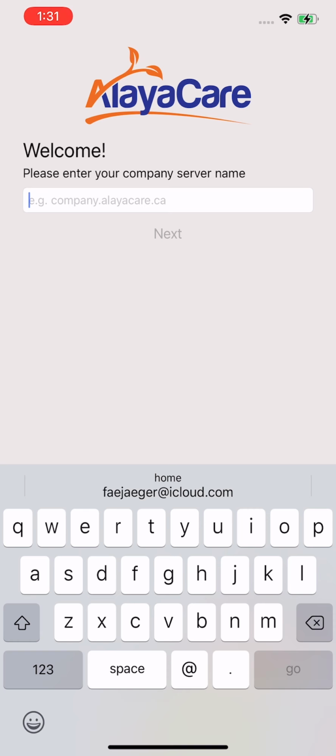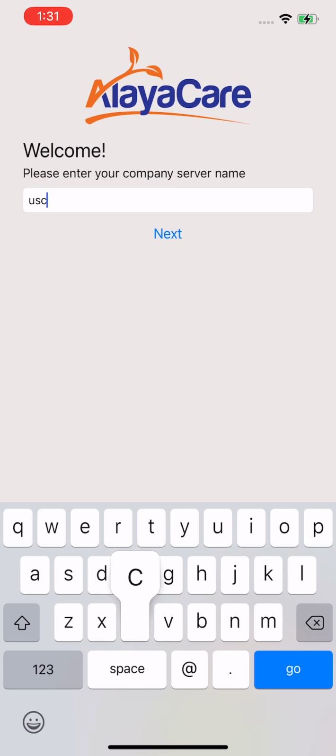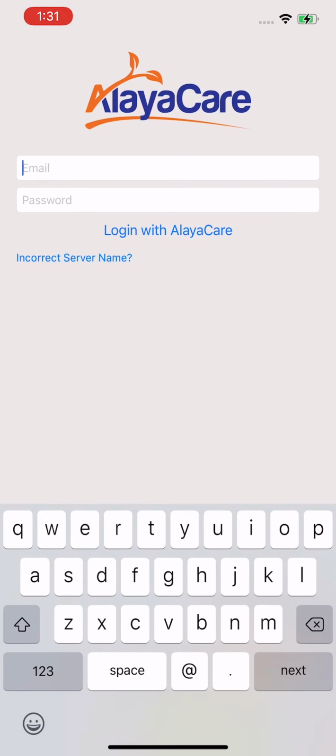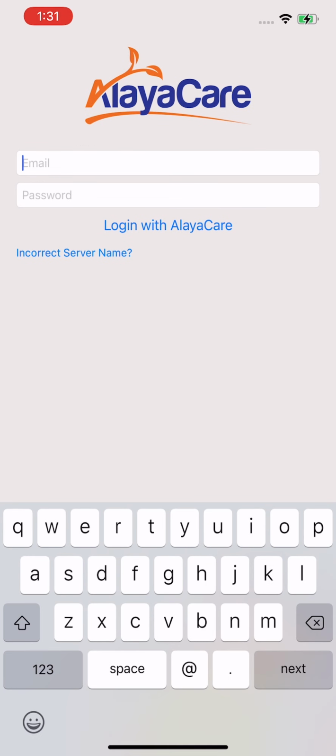And now you're going to see Alayacare. Welcome. Please enter your company server name. Here, you're just going to type in USC dot Alayacare dot com, and we're going to hit next. You can either hit go or next here. And again, this may vary slightly on the Android device, but it should look pretty much the same once you're